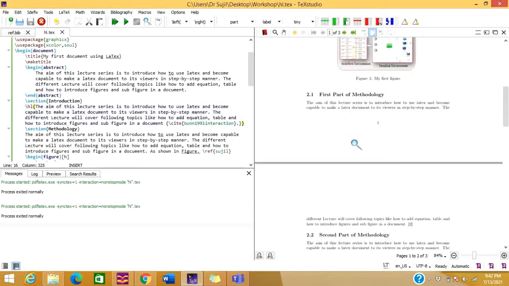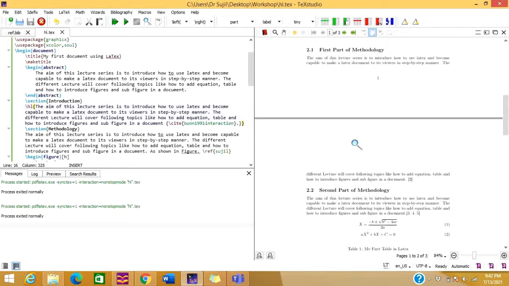Now let us see if you want to highlight only this number. Suppose you want to revise a paper or an article; at that time you might have to add some extra references from your previous version.